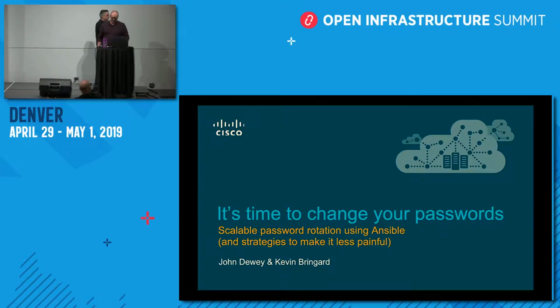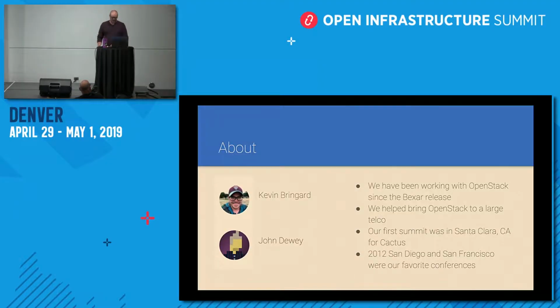So a little bit about us. We've been working with OpenStack since Bear, so we've been doing OpenStack for a very long time. We helped bring it to a large telco with some other friends of ours. We went to our first summit in Santa Clara. That was a Cactus summit, and that's where I met my friend Mr. Pipes. And we fixed a bug in Glance, and we were friends ever since. It was good. I think you were more of a fanboy, though, at the time. That's true. And so our favorite summits together probably were in 2012, the San Diego and